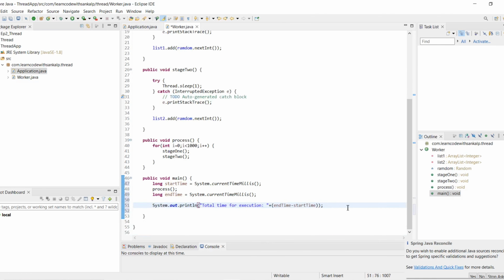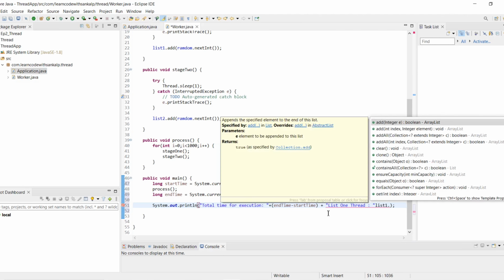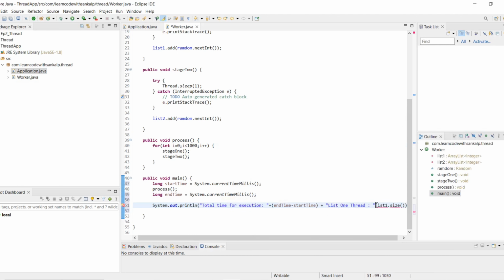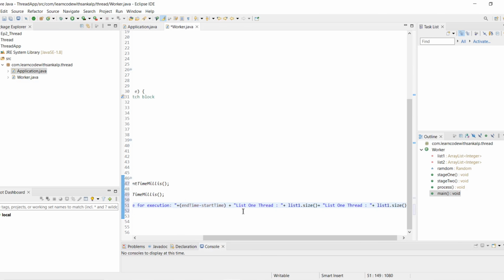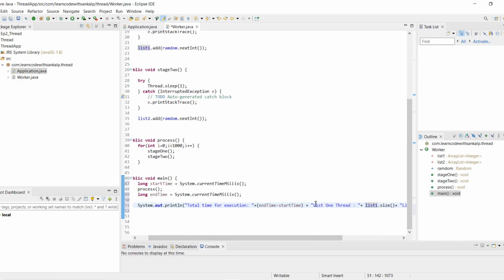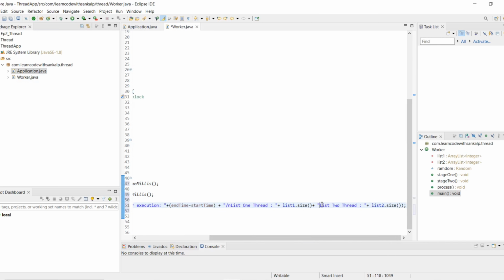Then we pass list one size, with a plus sign, and add the other list, list2 size. For a line break we use \n, and here we add another \n.